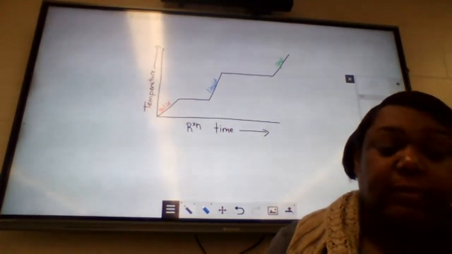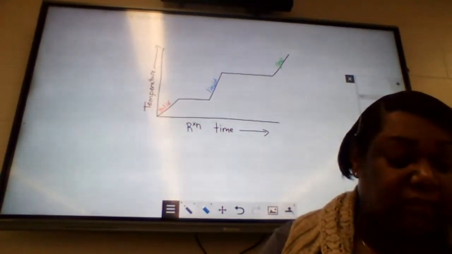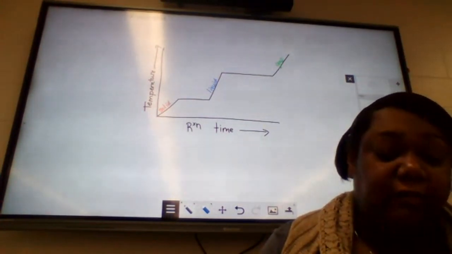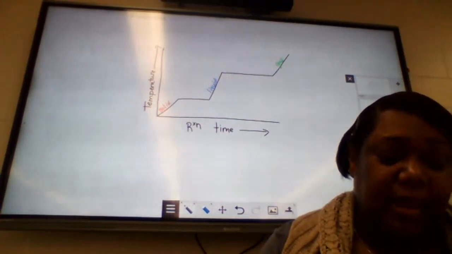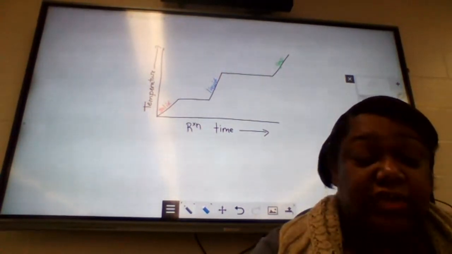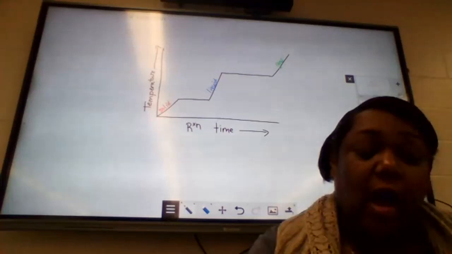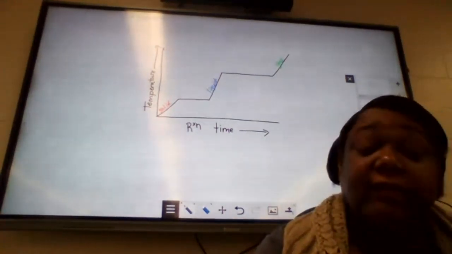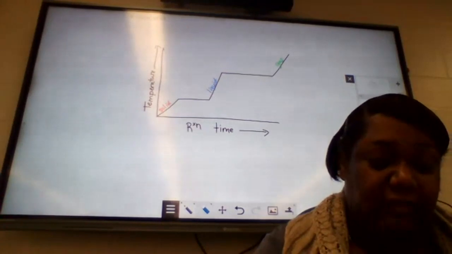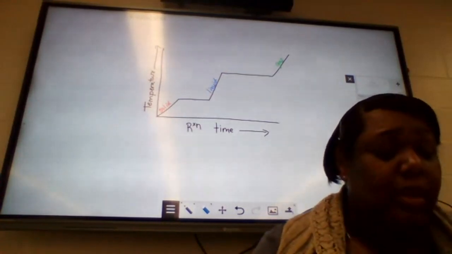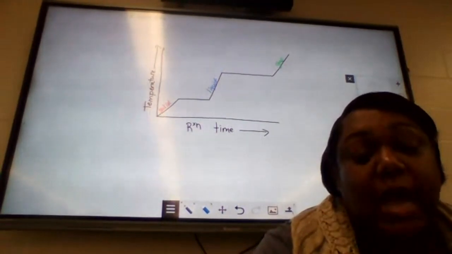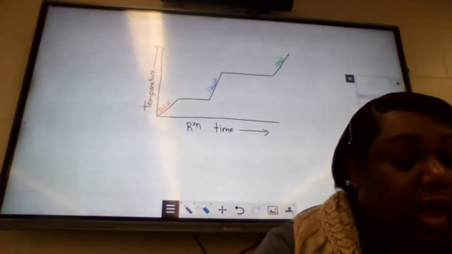Your book gives you some practice with some problems like this before in section 18.4. It moves on to talk about specific heat capacity, and it introduces terms related to energy and heat in particular. One of the terms that it introduces is the unit joule. And please remember that the joule is the SI unit of energy. We will be using that to measure our energy in this course.